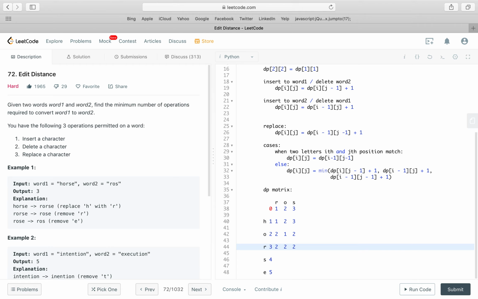HOR, and yeah, this one is 3 for sure. Okay, so I think that looks good now. We move on to HRS. We see S and R do not match. The minimum is 2, add 1, so it's 3. And then we check